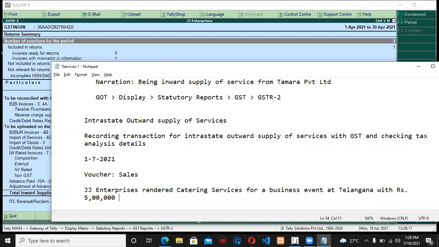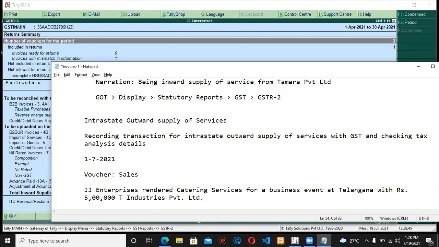So that's a scenario, and this service was rendered to some other company, let's say Tea Industries Private Limited. Remember, whenever the company name appears in the question, it means that they are our sundry debtors.